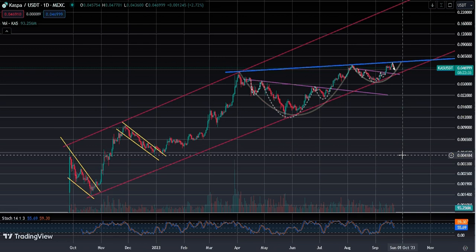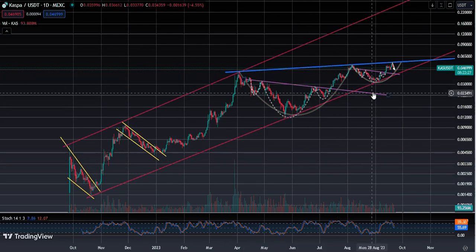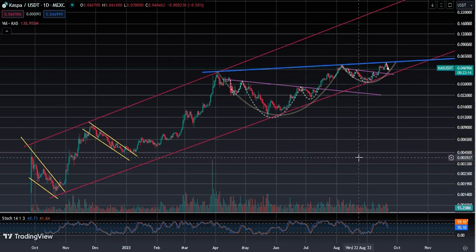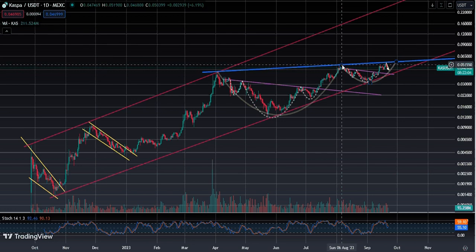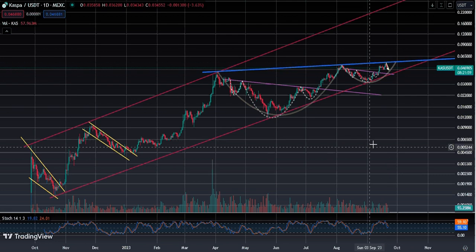Now, let's talk about something here in the chart. I've said this before, and I just want to point it out again. We have an inverted head and shoulders pattern down here. This purple line is the neckline. This pattern alone should take Kaspa to 6.8 cents, all by itself, without anything else in the chart. That should happen. We have reached some resistance back in early August, and we have reached some significance this past week